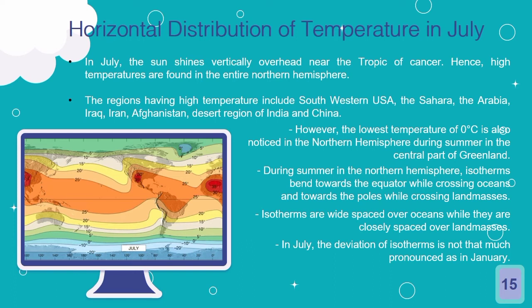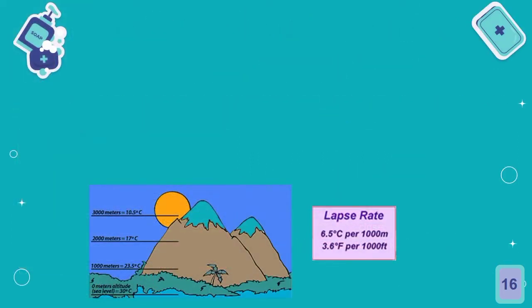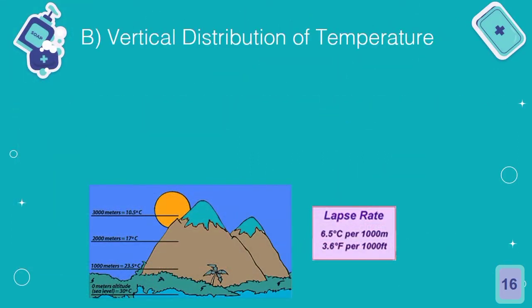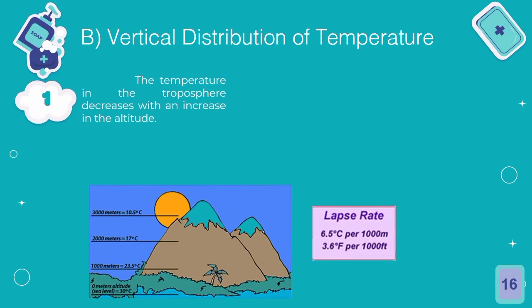So, unlike in January which has only three regions under the southern hemisphere, in July there are lots of regions which can experience high temperature in the northern hemisphere. So let us proceed to the second distribution of temperature, which is the vertical distribution of